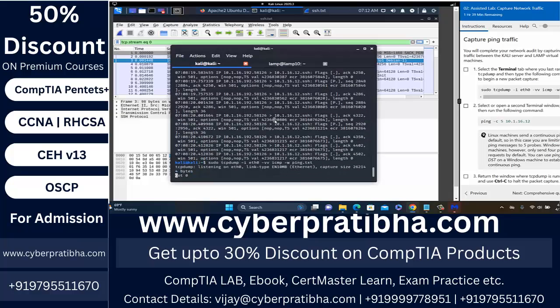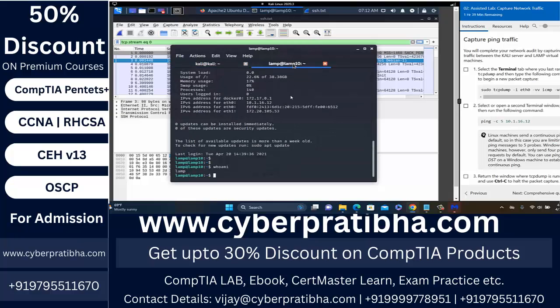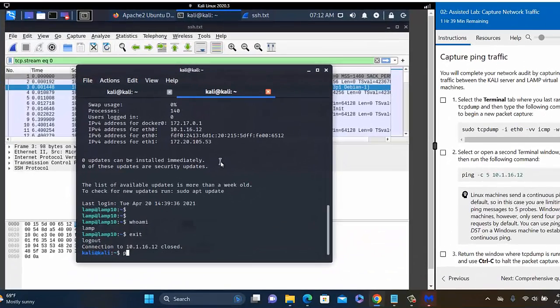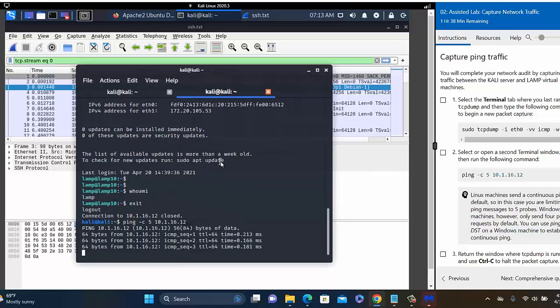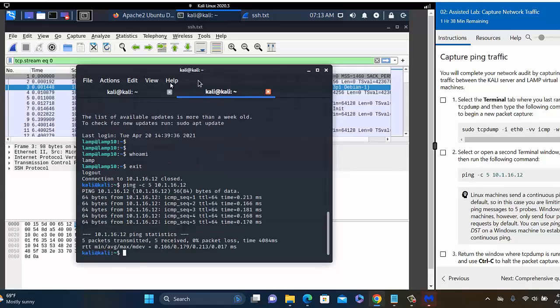Okay, so what I need to do is go to this machine, come out using the exit command, and here I am going to use ping with -c. C means the count, how many requests it will send. The count is 5 and the target machine is 10.1.16.12. Okay, and hit enter. So it will send 5 messages and come back to my machine.